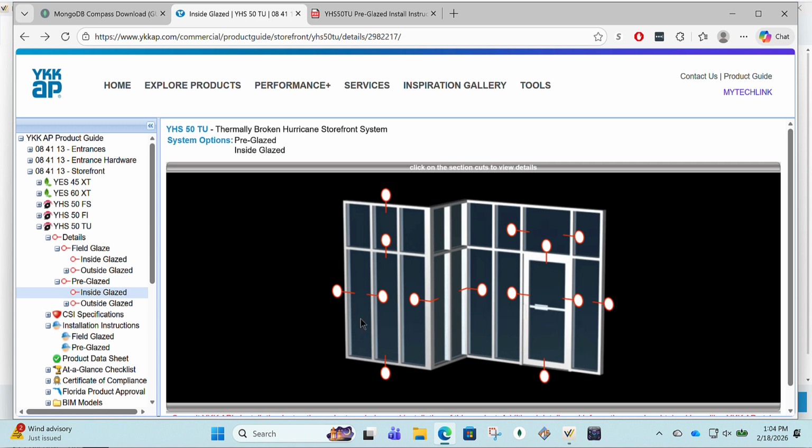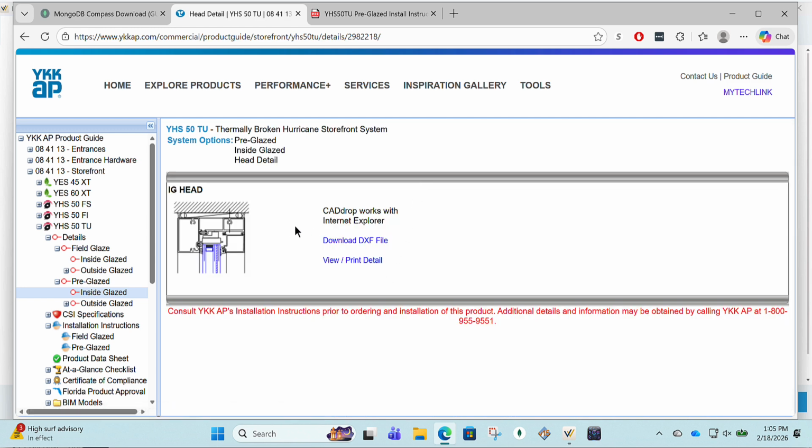And I've actually looked at these ahead of time and saw that the wall jambs are the same for both the pre-glazed and the field glazed. So we don't need to download those for this update we're doing, but you would want to determine that on your own. If you're copying different kinds of systems or even creating a brand new one, you're just going to have to download all the details. So probably what we'll do today is just the head, horizontal, and vertical sill details,